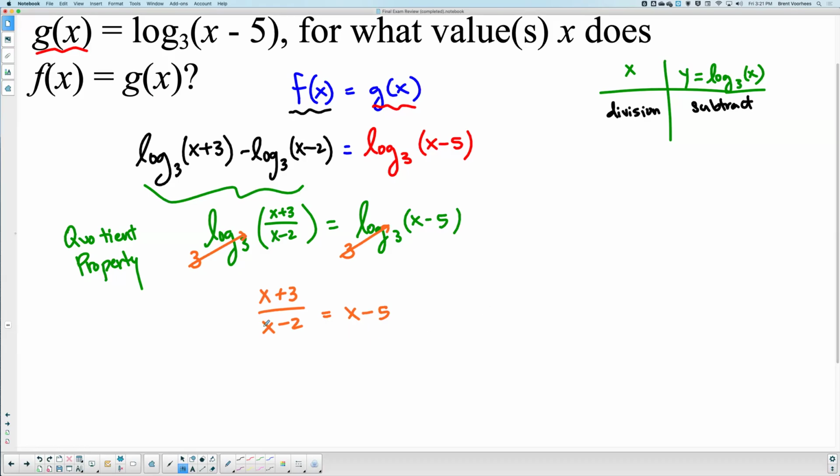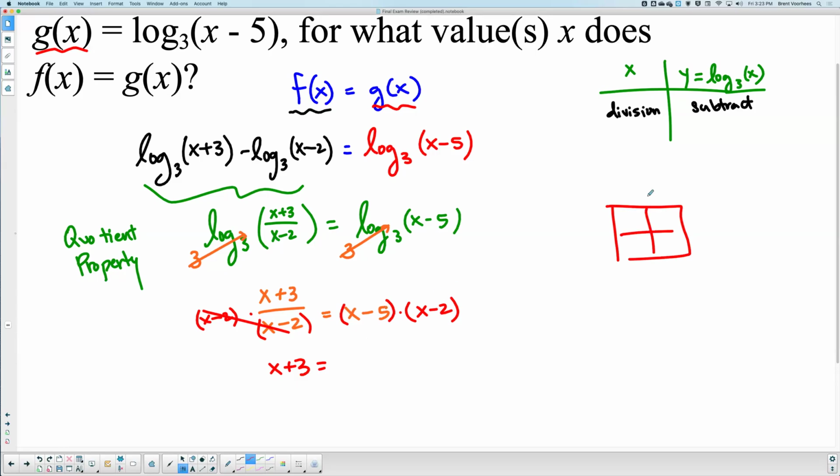To solve, I'm going to get rid of this rational expression, the division. I'm going to multiply by x minus 2, and I have to multiply both sides by the factor x minus 2 to make sure they cancel out. We have to distribute. Those cancel out, and so we have x plus 3 equals x minus 5